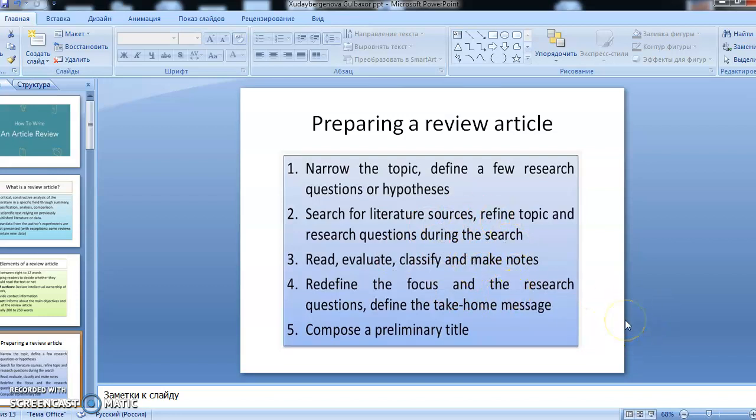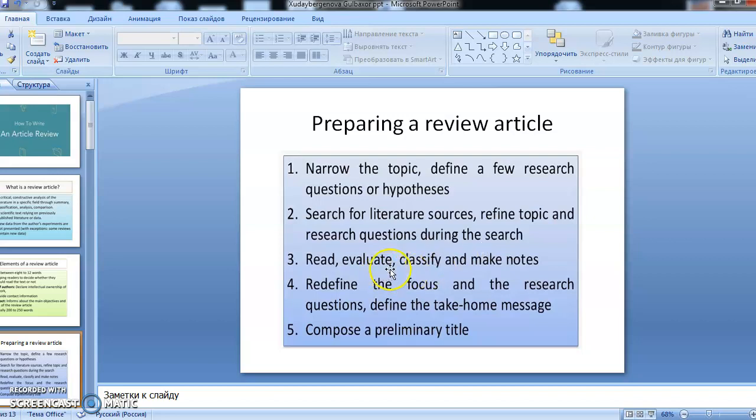And here, of course, are the main and basic rules of writing, starting with the pre-writing stages, you can say. In preparing a review article, some suggestions are given. Narrow the topic of the article and define a few research questions or hypotheses. Search for literature sources, and refine the topic and research questions during the search.